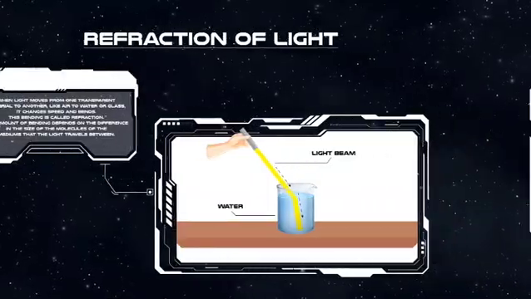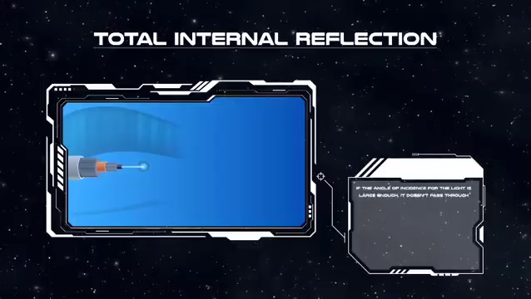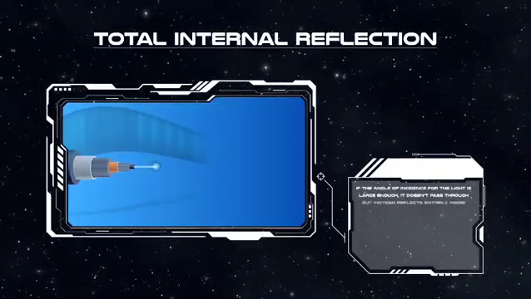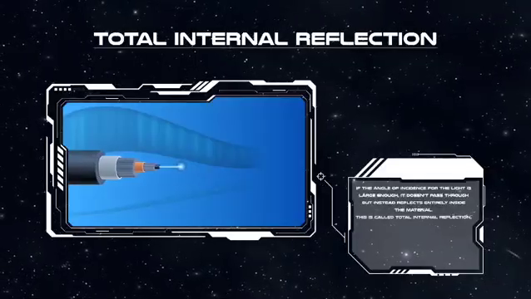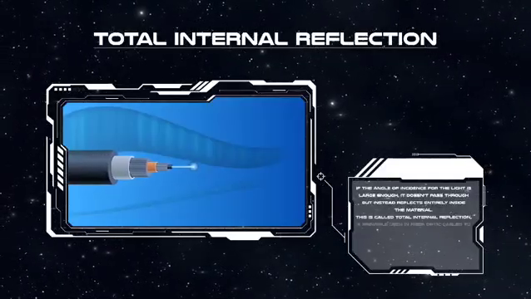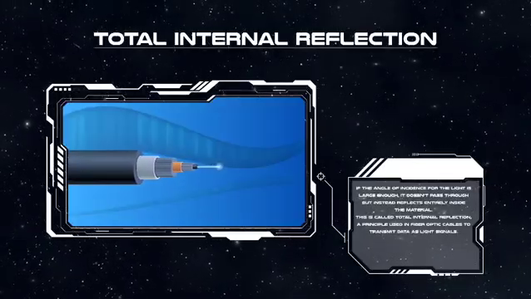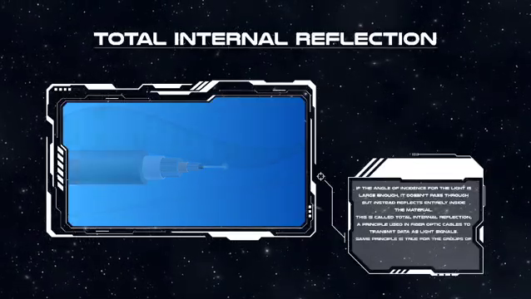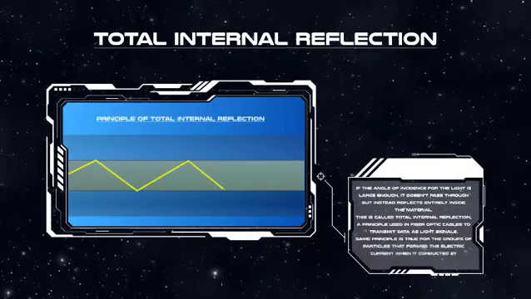travels between. If the angle of incidence for the light is large enough, it doesn't pass through, but instead reflects entirely inside the material. This is called total internal reflection, a principle used in fiber optic cables to transmit data as light signals. Same principle is true for the groups of particles that form the electric current when it is conducted